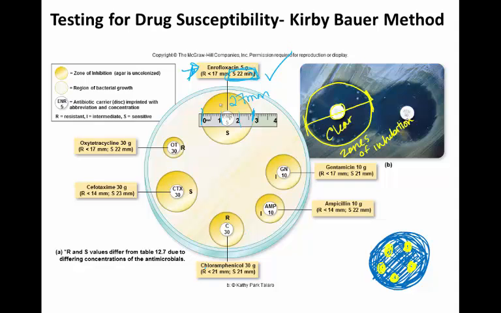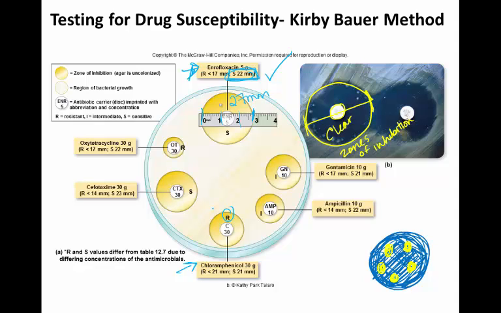You can see this one here, chloramphenicol, if we go down to the bottom, has a very sort of limited resistance and susceptibility measure. If it's under 21 millimeters, the organism is resistant. If it's 21 or over, the organism is susceptible. This one's been measured for you. You can see it here, the R. This particular organism is resistant to chloramphenicol. Okay? So this is how the Kirby-Bauer test is done.